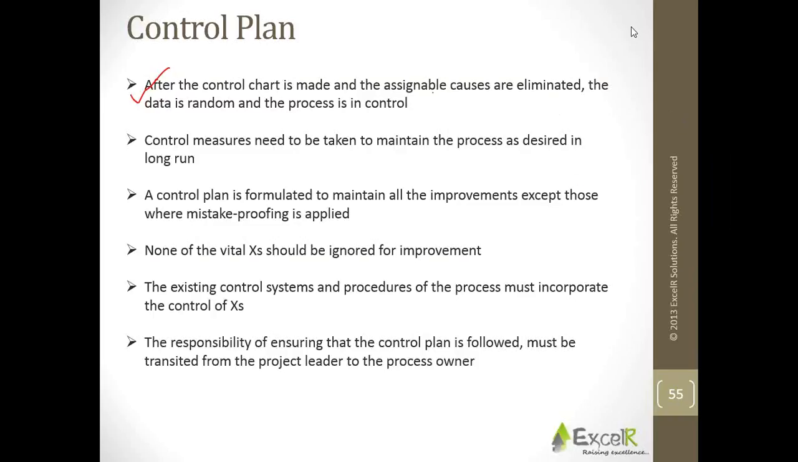So I've started the recording. No problem. After the control chart part is done,